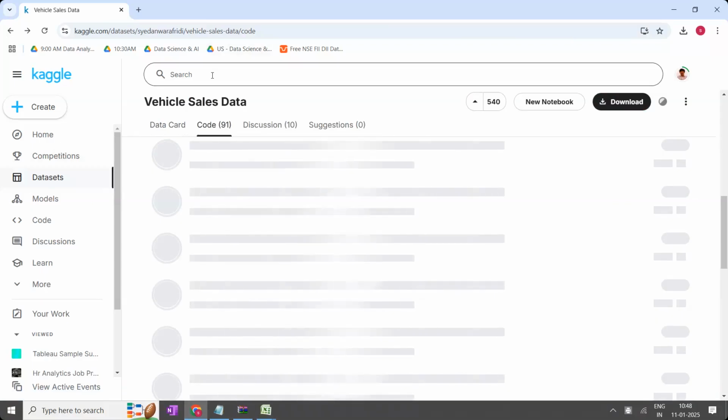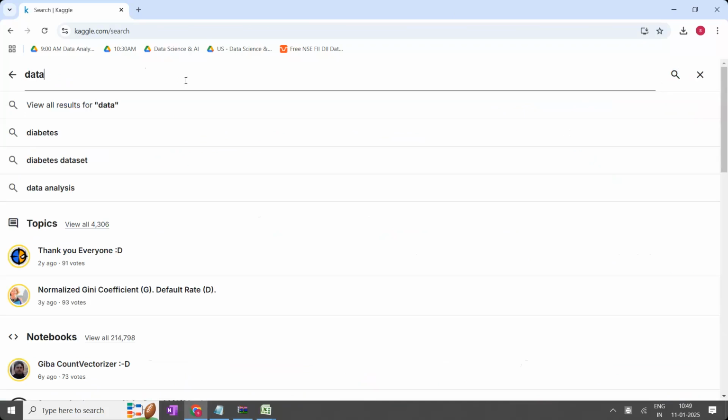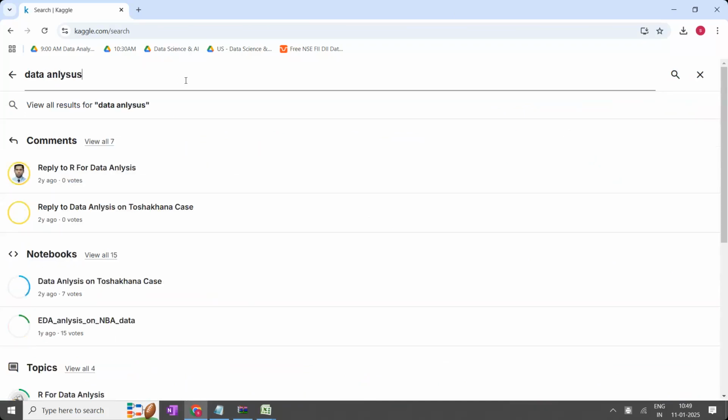If I type here data analysis on healthcare, again Excel sheets will come. Data analysis on finance, Excel sheets will come. Filter is there now. In the filter, I will select only Excel sheets. Simple. Is the point clear, everyone? So try to collect the data and work on the projects you are interested in.